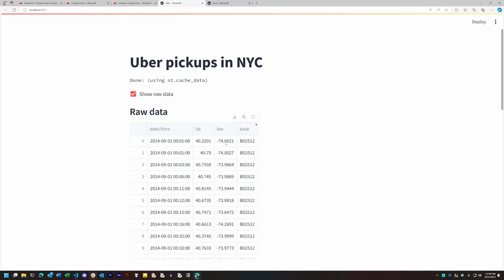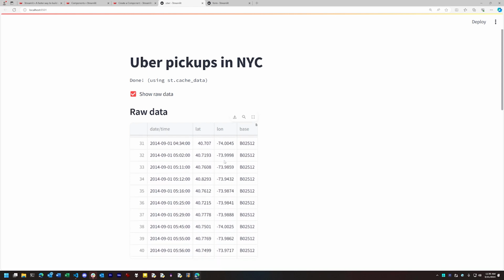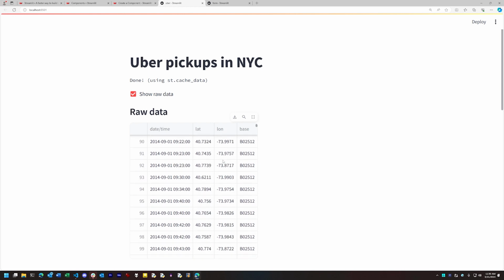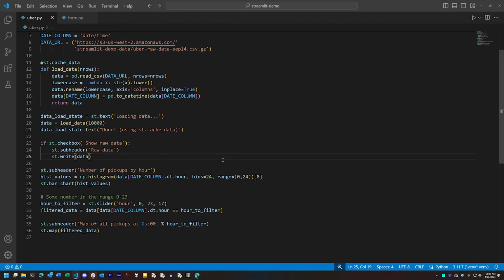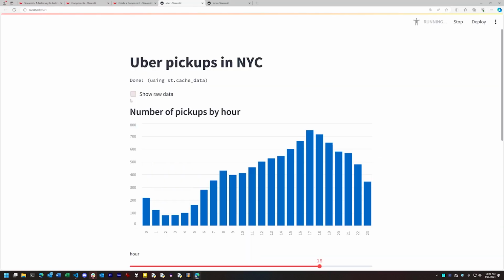You'll notice that when we reveal the dataset, by the way, it's automatically presented in this nicely formatted grid that we can scroll through. We don't have to do any additional work to present that data attractively. It's done for us automatically. The next few instructions in the code create subheaders for the page, compute values, and plot data associated with those values. One of those plots is a bar chart to show the number of pickups per hour, and the other is an interactive map plotting the locations of the pickups. All of this we render in just a few lines.